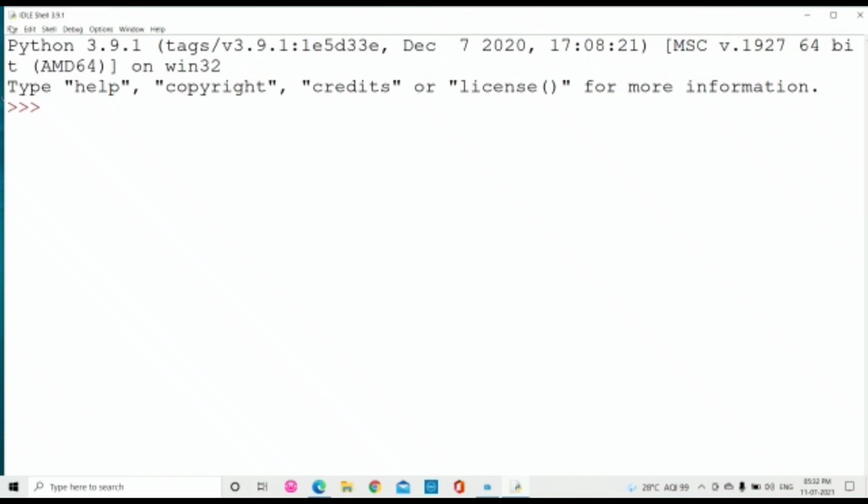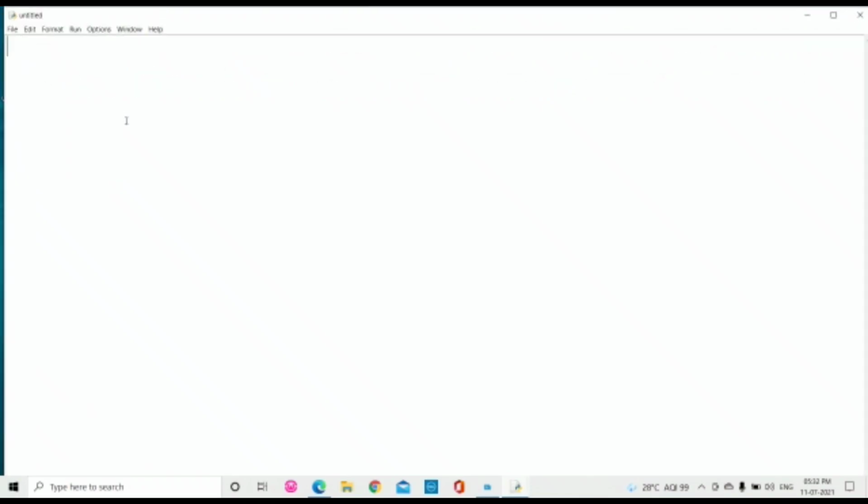So I have come into Python. Let me go for a new file where I'm going to create. What we require here first is the import. As I said, you have to import the MySQL connector, mysql.connector. This will be the first line. Your Python installation should have the connector library inside. Otherwise, you will have to download it. Normally, when you download Python, this connector will not come automatically. You will have to download it from the concerned website and then use it. So I would believe you have this.